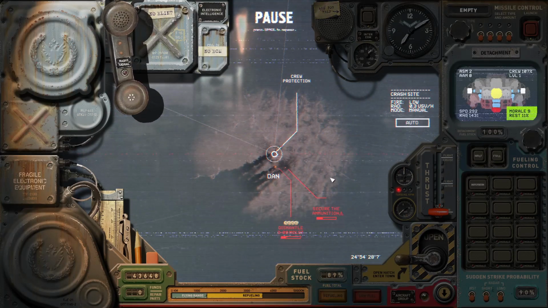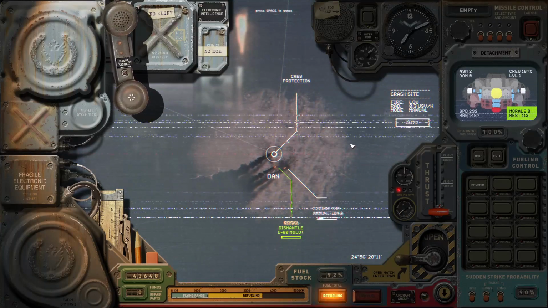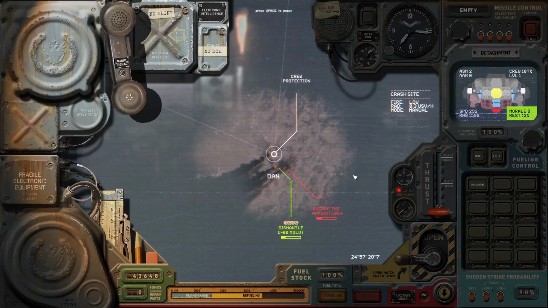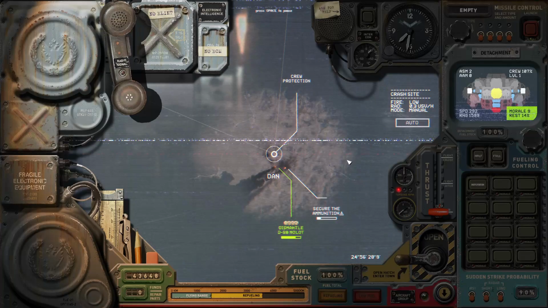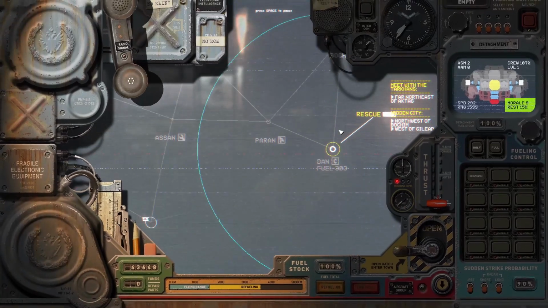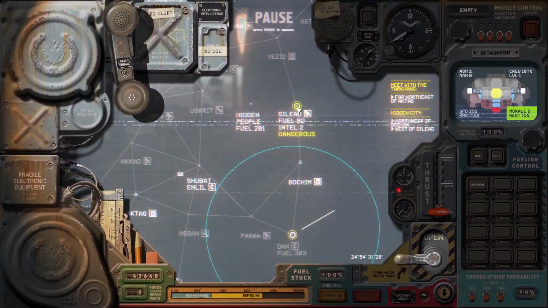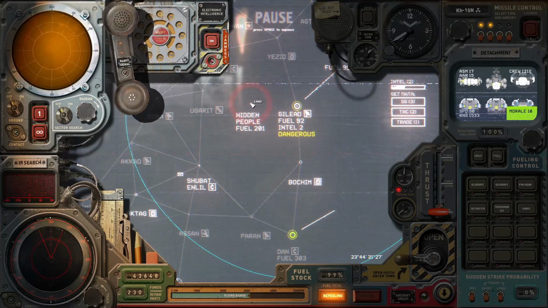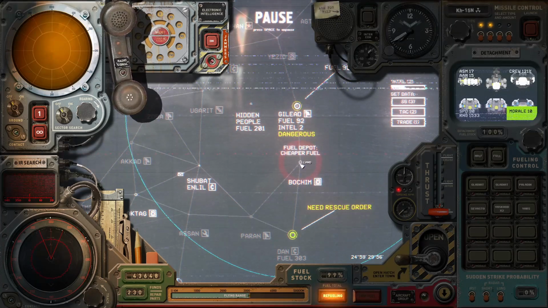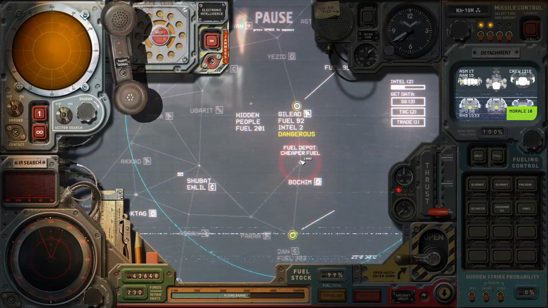Okay, and it looks like we are going to get this. Just need to get it before it's destroyed by the secure the ammunition thing. And securing the ammunition doesn't do anything, so unfortunately we have to wait for it to burn out before we can do anything. In the meantime, fuel's just about to finish here. We're paused. I think I'm just going to leave the 92, and we're going to go over to the hidden people. I mean, I guess we could go down to Botcham and...